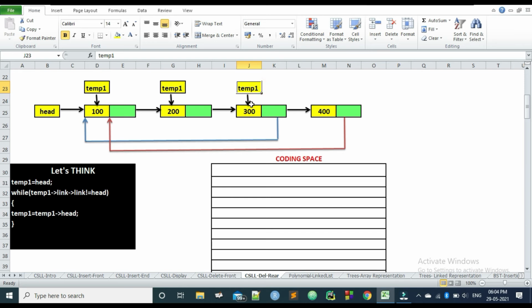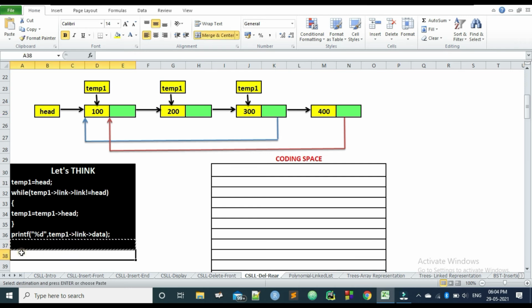Once it is done, using my temp1, because I am going to delete the last node, I will first print the data. So we are going to write printf %d temp1's link's data. Temp1's link is pointing to this last node, and that is its data.